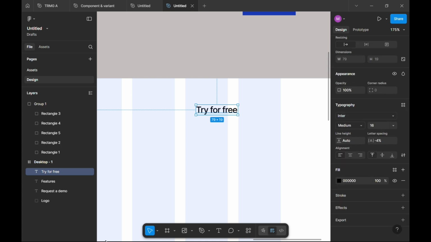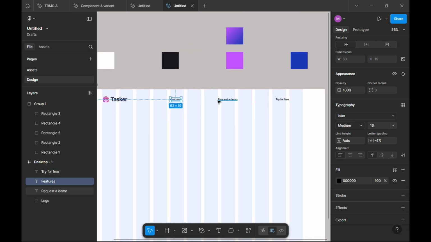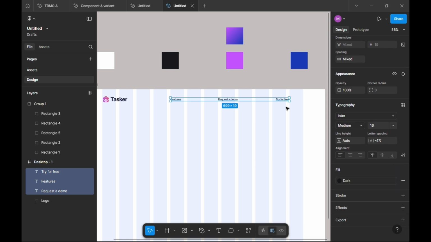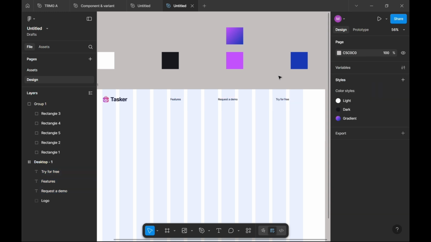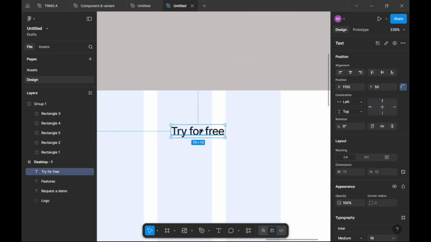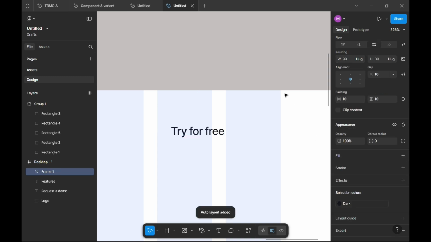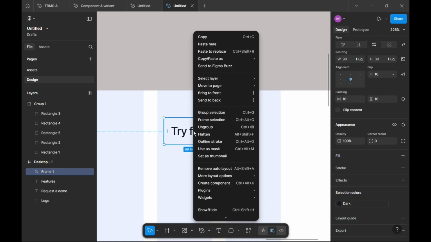Now we're moving into the Try for Free one. We're gonna have to create an auto layout, but not now. First things first, oh yeah, I forgot that we have to change it into an actual black because we have put it in another color. Gonna change it into black just like that. And now we're gonna have to go into the Try for Free, create a Shift A, or you could just go with this. Click on the right and then go into